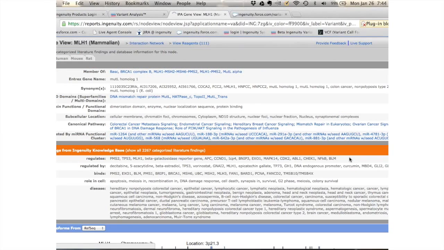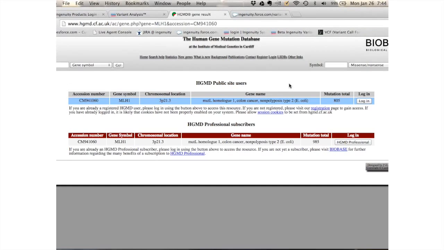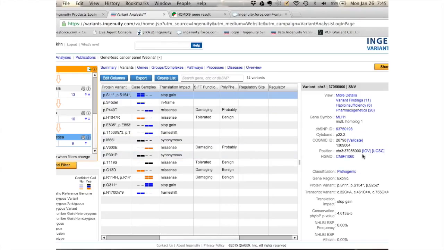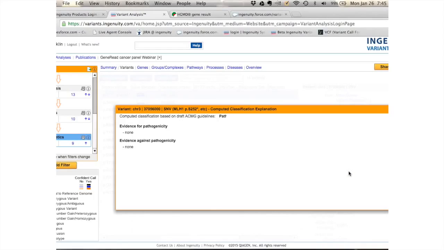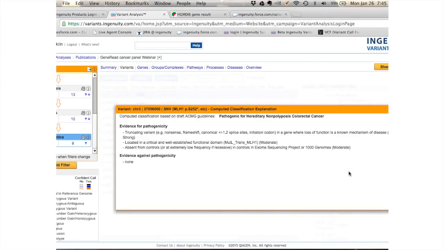If you do have a subscription, it will link you directly to the different databases. If you don't have, you will see the public information. If you have a professional HGMD subscription, you will also be able to go and see the deeper information. You also have a classification. So we are classifying every one of those variants based on some criteria. And if you click on the result, pathogenicity, here we will populate for you the evidence of information that we have. Why do we say that this variant is